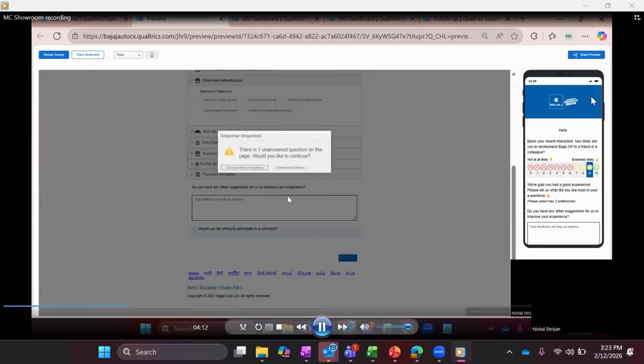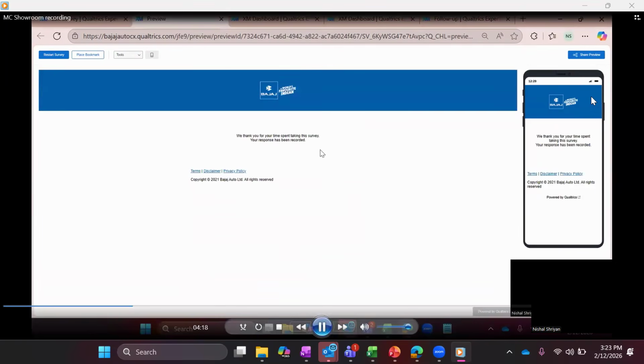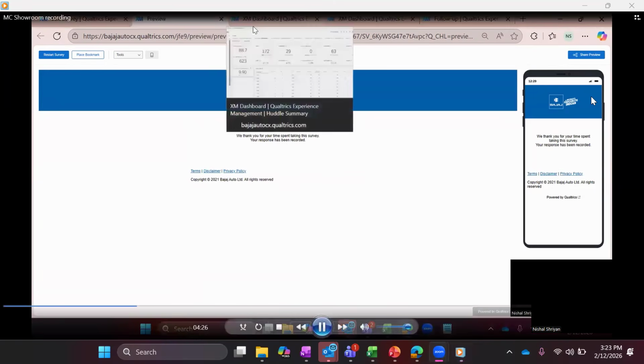Once the customer survey is answered, you can submit the survey. Once you submit the survey, you will see this page, okay? So this is about the customer journey. Next, once the dealer